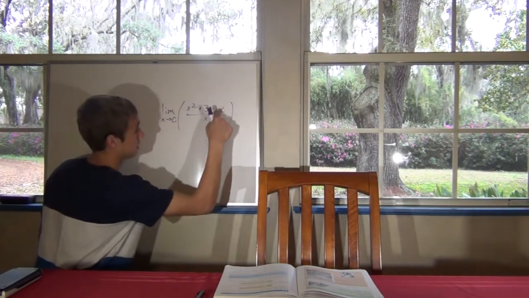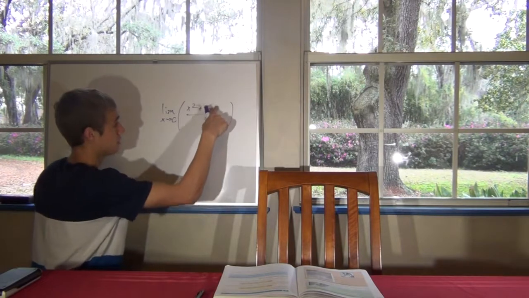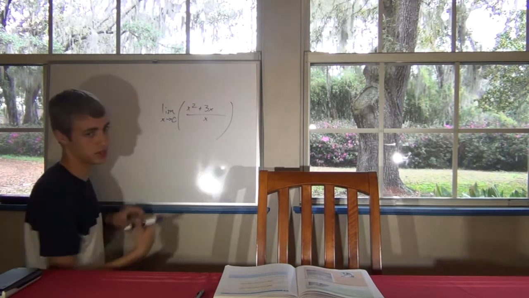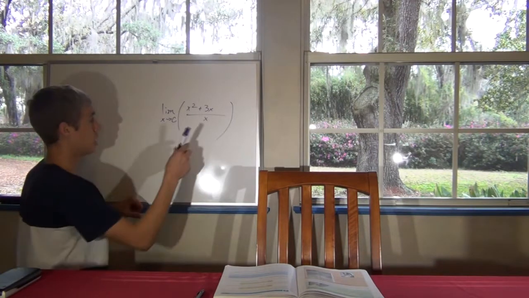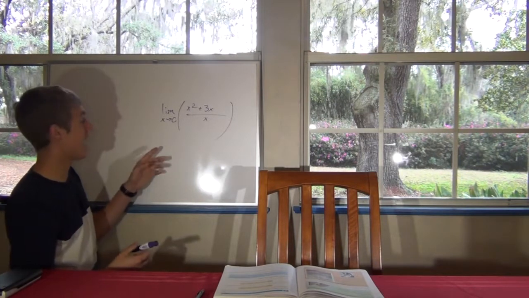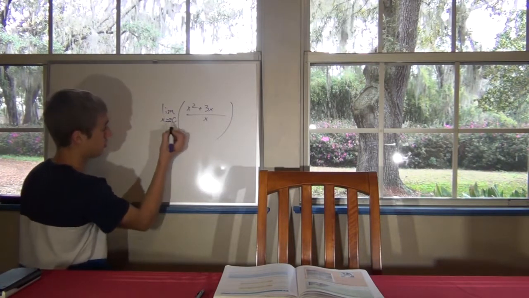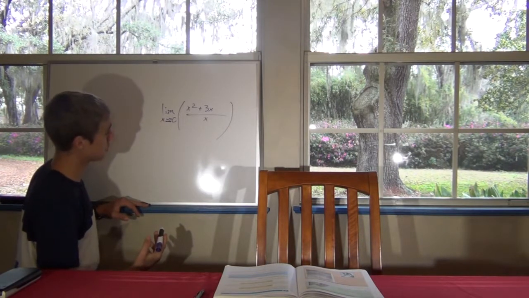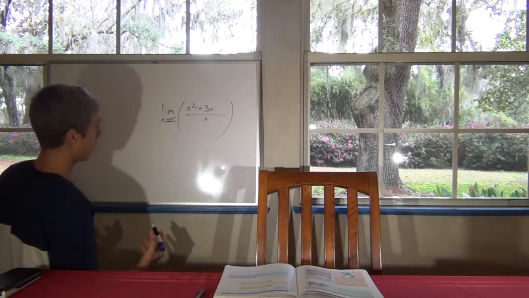I'm going to get rid of the 2 to make things faster. So we have this, and we're saying, okay, we're going to analyze it as it approaches. That's what that arrow means, as it approaches 0. So if we were to graph this gnarly function, it would probably look,